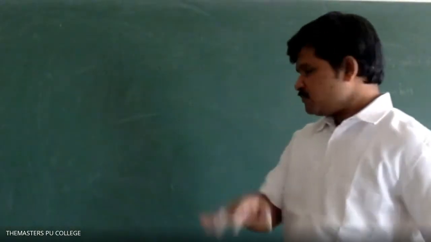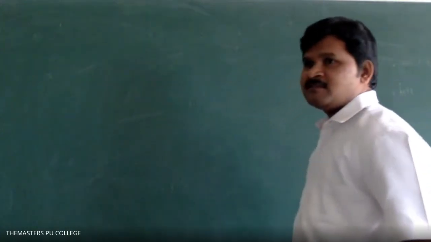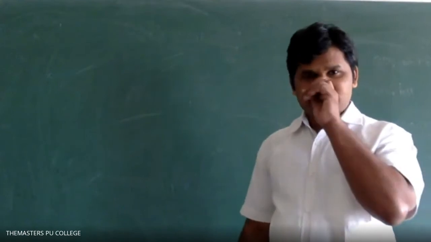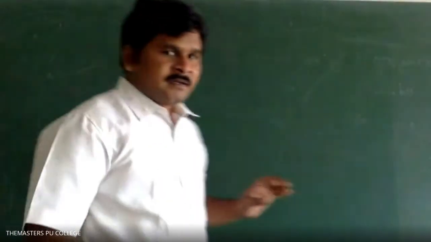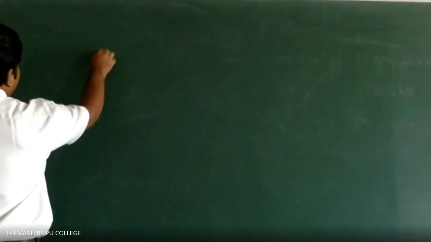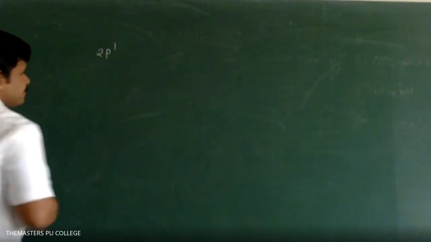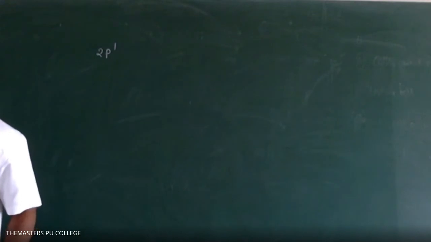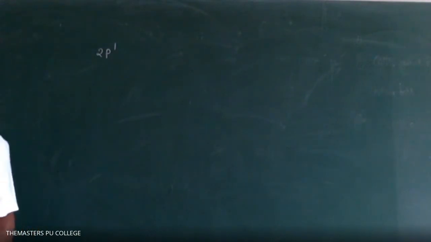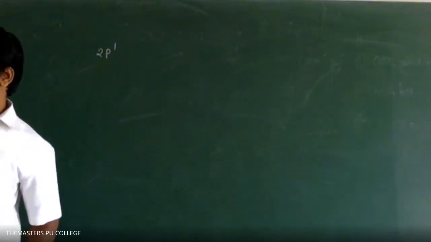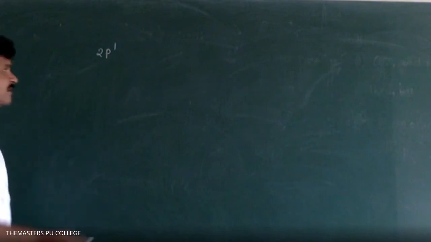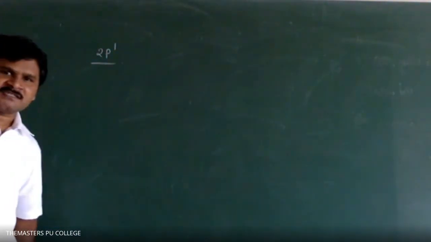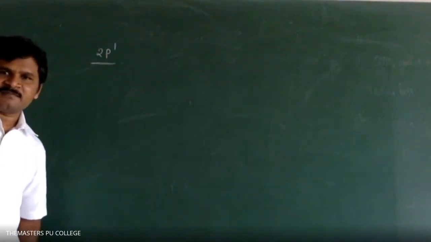One or two examples I want to discuss with you with respect to quantum numbers. How to write quantum numbers for that? Please listen. I have a 2p¹ configuration, of some unknown element. For this 2p¹ configuration, how to write the quantum numbers? Please listen, this is very, very important.